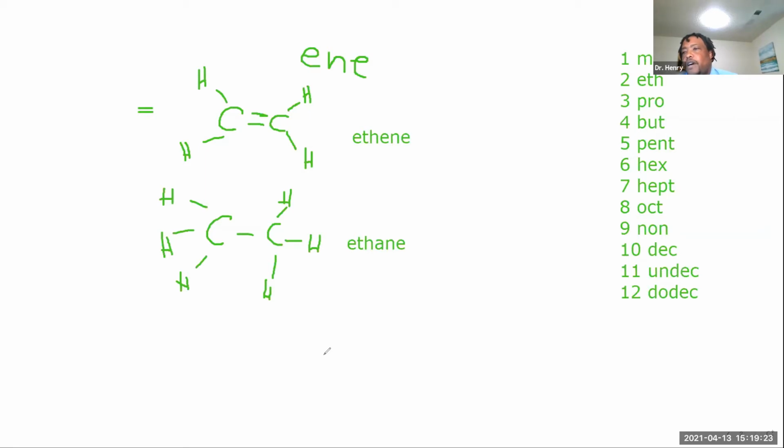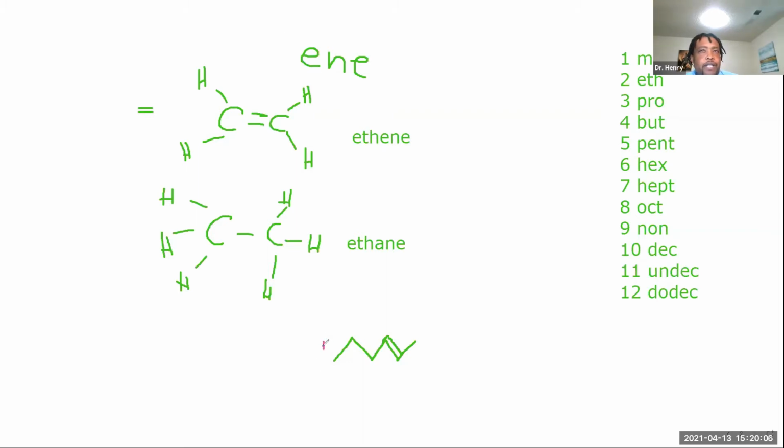Okay. So if I have this structure, this here represents a double bond, and we would have to count the number of carbons that we have and also where it's located. Now you always want to count it so that the main functional group, in this case the double bond, has the lowest numerical value that you can have.